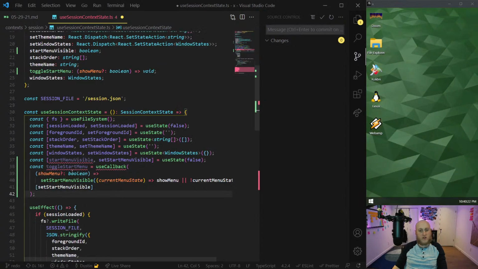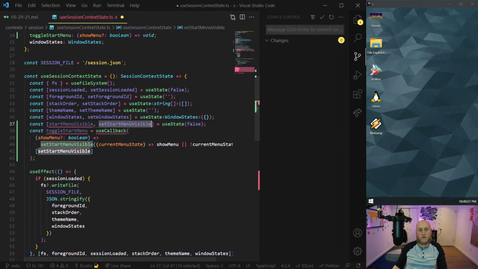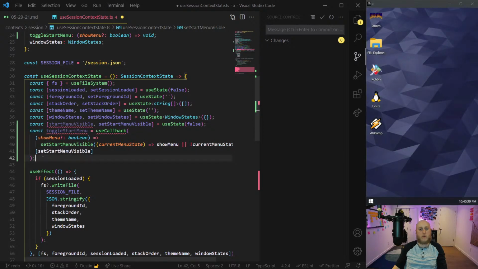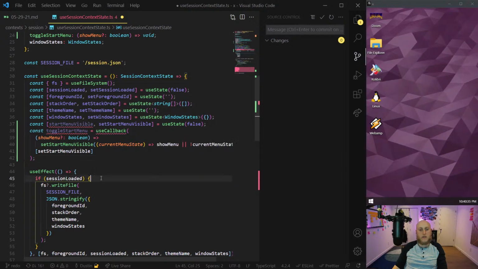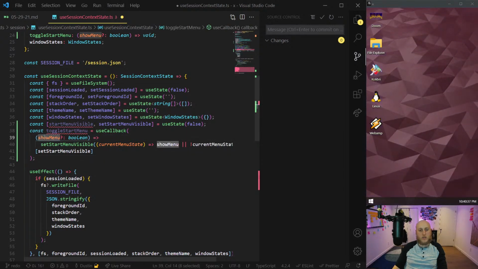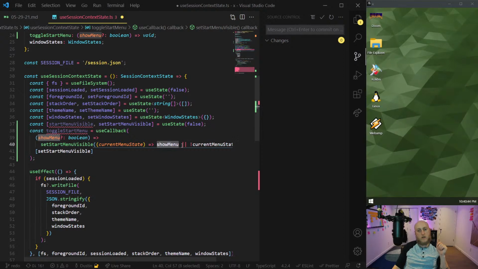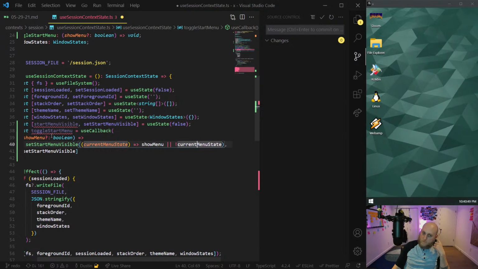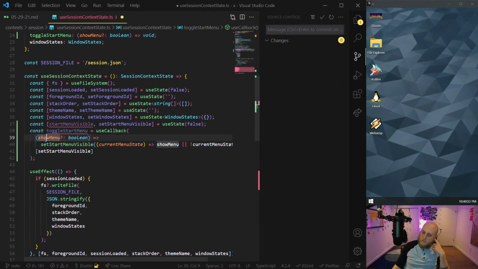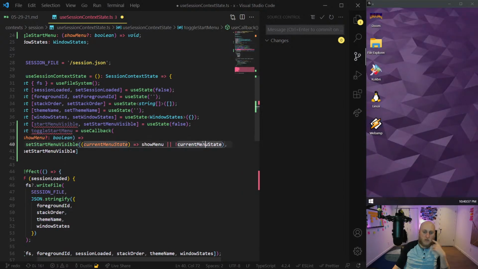So I'm going to paste in some functions I made. So we just have the state, which is just a Boolean of start menu visible or set start menu visible, but we're not exporting set start menu visible because we're making our own toggle function. And it's just going to use the use callback. And like I said, we're going to pass in the option to say show menu of true or false. And all it does is, if we pass in the Boolean, then we're going to use it. Otherwise, if it's undefined, we are going to, wait a minute. I guess false, would false just have it jump to this?